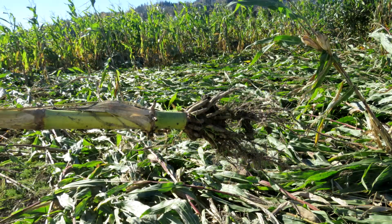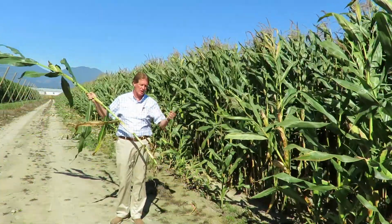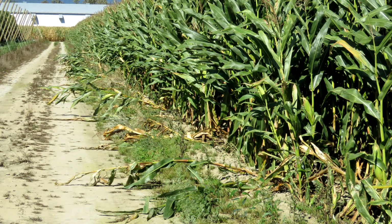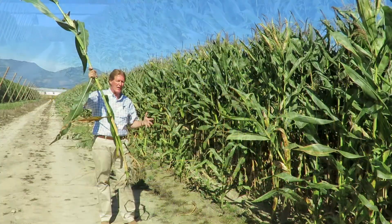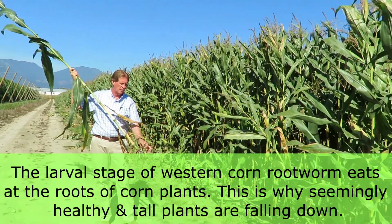So these plants now have had their corn roots chewed off. This should be a big root on here, and I should never be able to pull it out of the ground. One pull and it was out. And that's why some plants are lodging, and we've got problems with them falling down in the field. A plant this big, 12 feet high, should never have a root system that narrow, and they've chewed all the